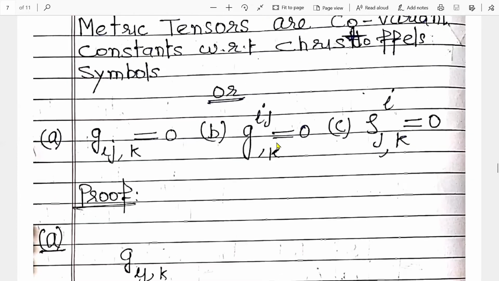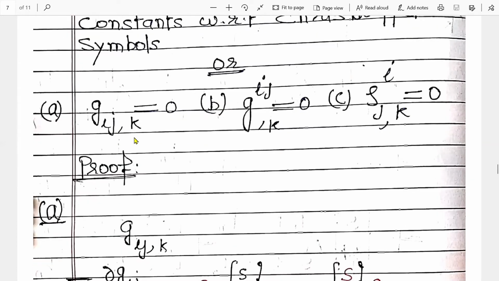So basically our purpose is, this question may be asked in many ways. So the basic result is, when we differentiate gij with respect to k, this is 0. This g^ij with respect to k, this is 0. And this is again 0. Right? So this is a Kronecker delta. This is the fundamental metric tensor, and this is the conjugate reciprocal tensor. Right? So first we take this.